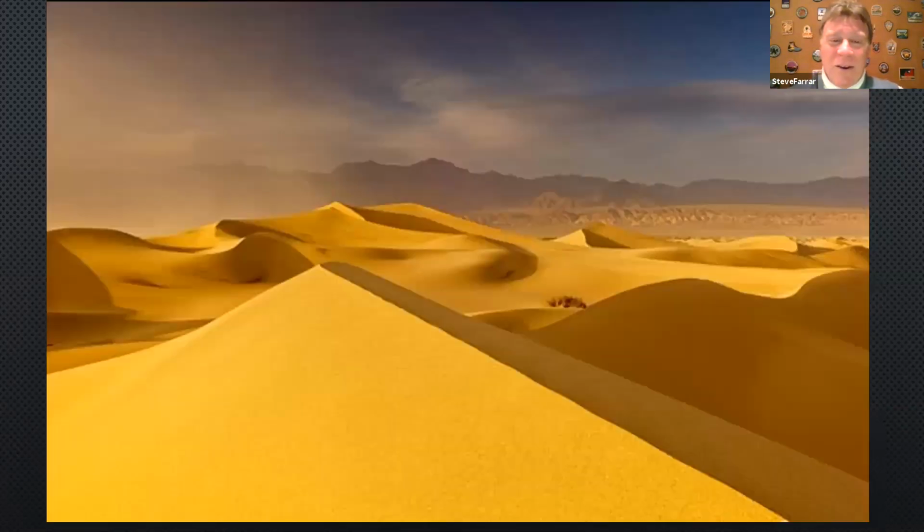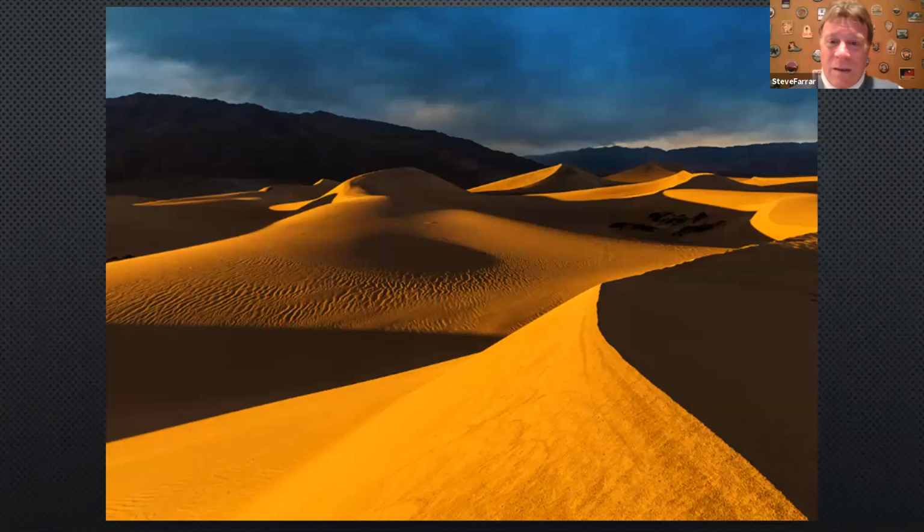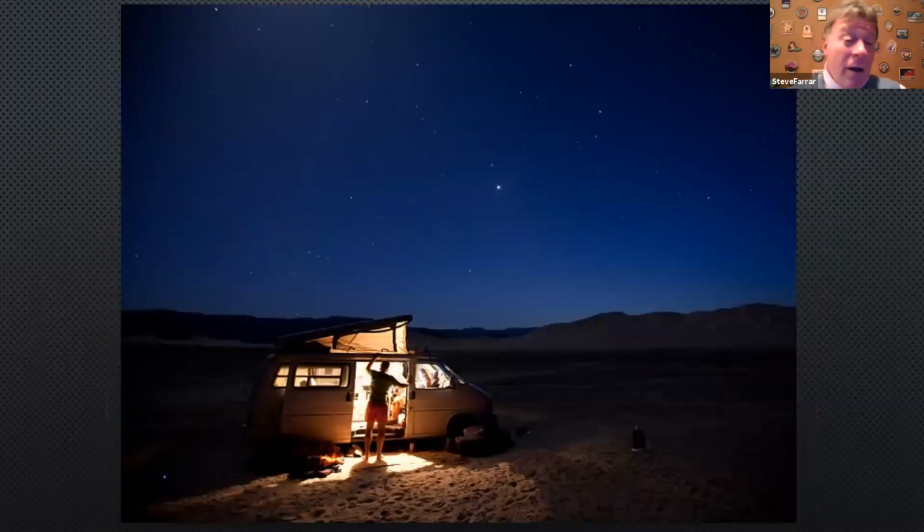So you can hike out here, and like the sun shifting in Yosemite changes the shadows and the light on the granite faces, well, it does the same thing on the sand dunes. The shadows shift with the angle of the sun. You can just sit in one place and watch the light dramatically shift. Into the afternoon, when the sun's rays are lower, it changes the shadows, and you can hang out at night,